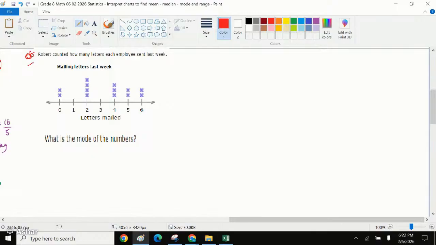Robert counted how many letters each employee sent last week. There were two employees who did not send a letter, right? There were no employees who sent one letter, right? There were 4 employees who sent 2 letters. These are the letters mailed. 3 employees who sent 4, and just 2 employees who sent 5, and so on. What is the mode? Mode means